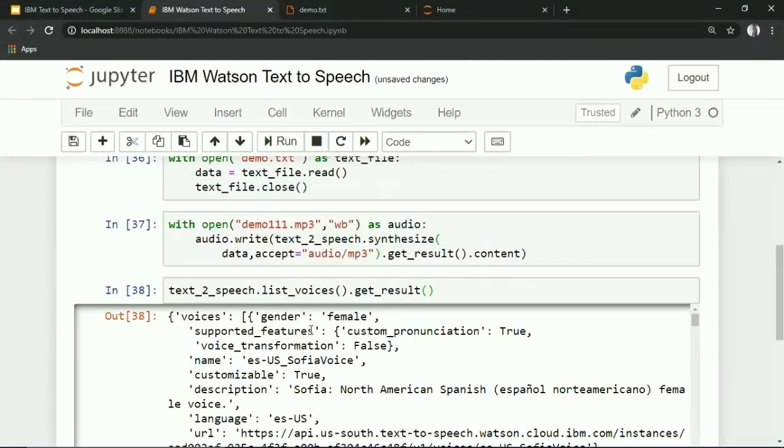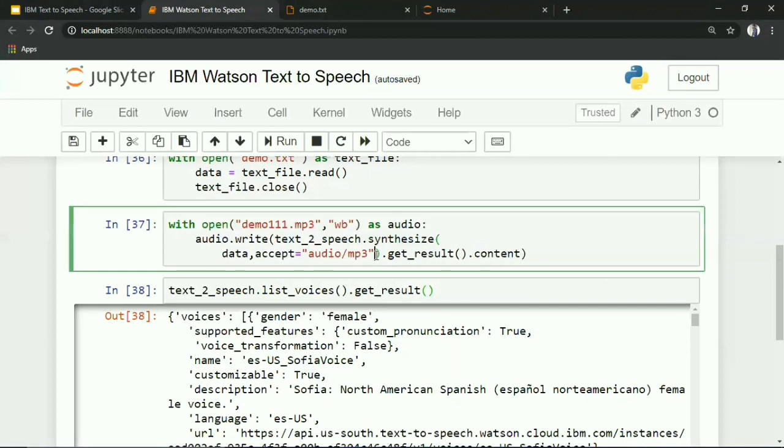Now we are going to change the voice of the audio file. You can pass the voice model name to IBM Watson text-to-speech service with voice parameter of synthesis. Now I'm going to use this voice model.